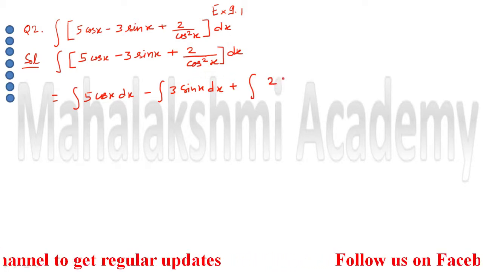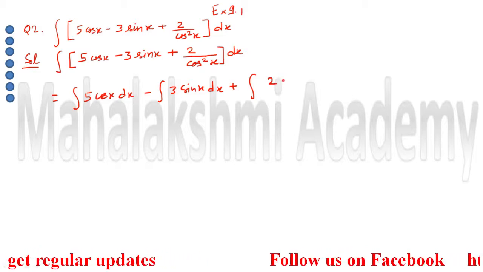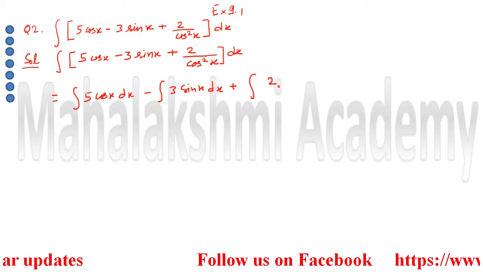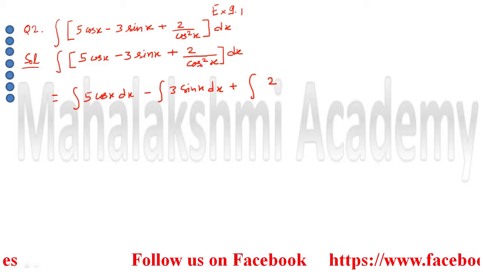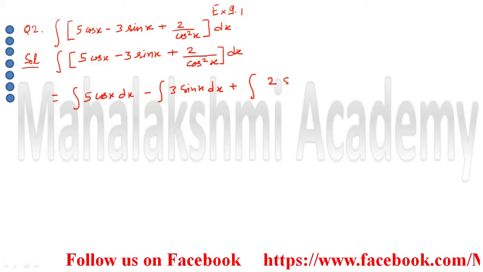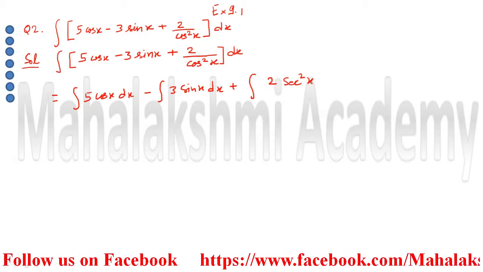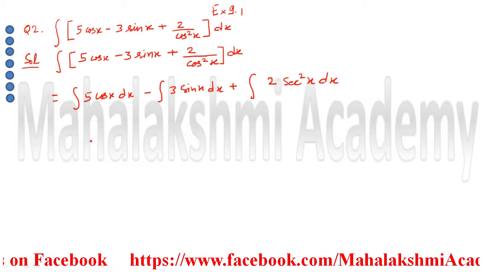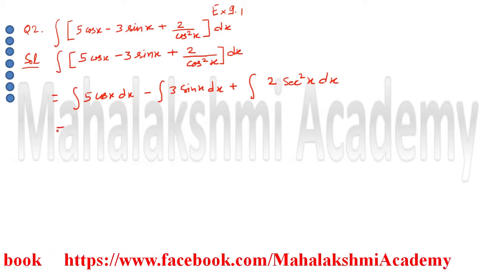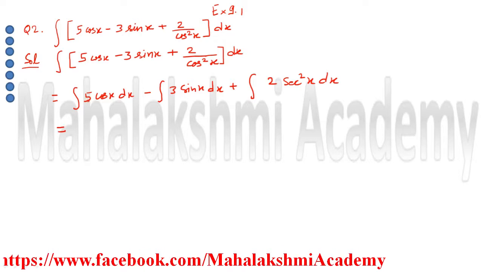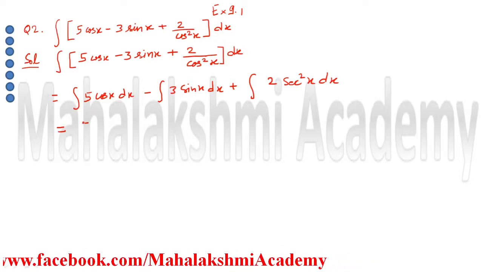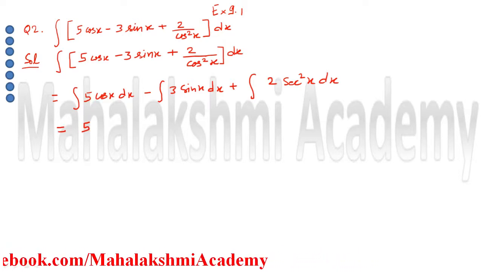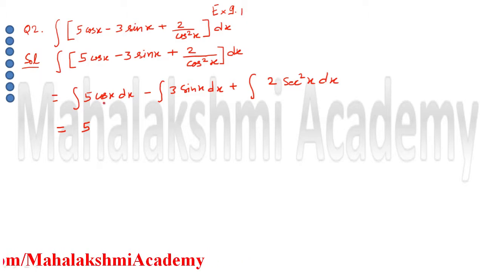I am writing it in the numerator. When we write it in the numerator, the reciprocal of cos x is sec x. That's why 1 upon cos square x is going to be sec square x, dx. Now students, this 5 is the coefficient, so this 5 will come as it is. Then integration of cos x. It's a direct formula. Integration of cos x is sin x,